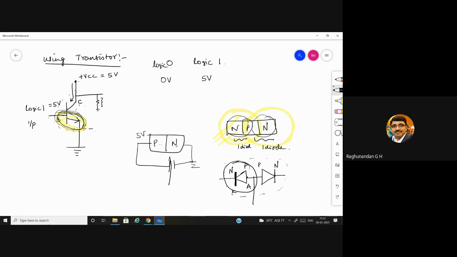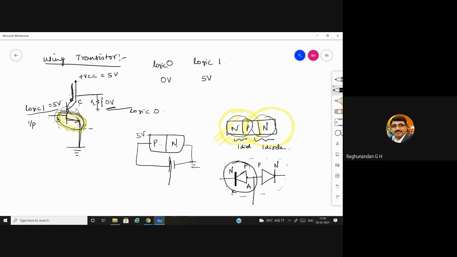When it gets forward bias, it is going to offer the least resistance. Now the current which is coming from plus VCC, for that the transistor offers least resistance compared to the resistance which is connected, the load resistance. So now the entire current will flow through this and reach the ground. So none of the current will flow towards the output. Because of this, the output will be 0. You can just see we have given logic 1, we are getting 0 volt. That is logic 0.